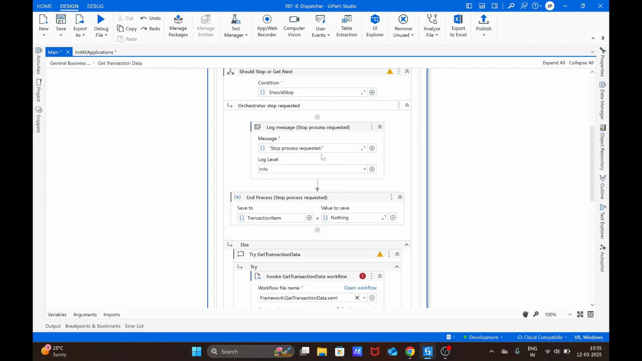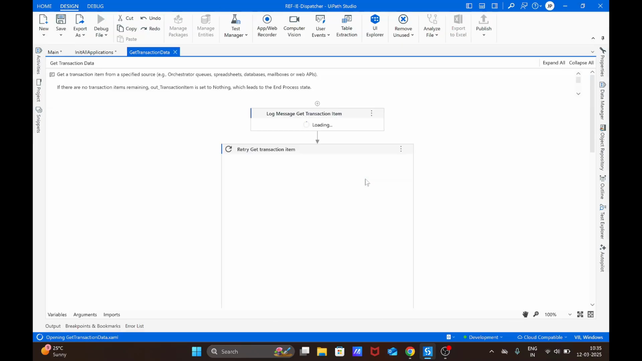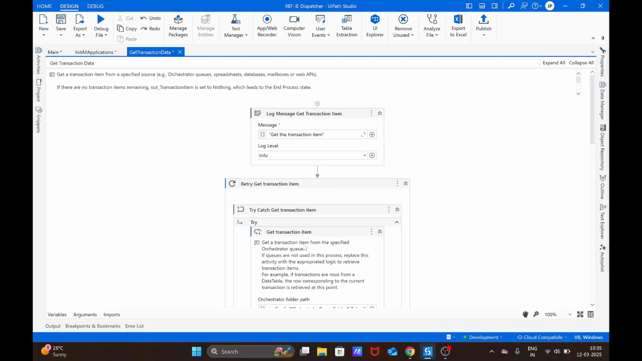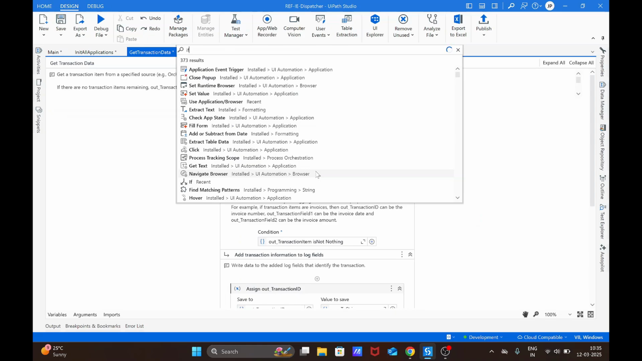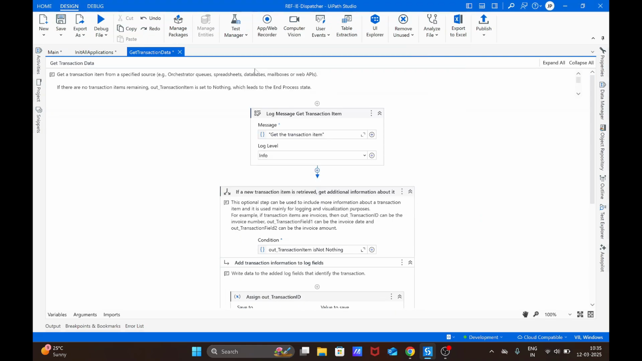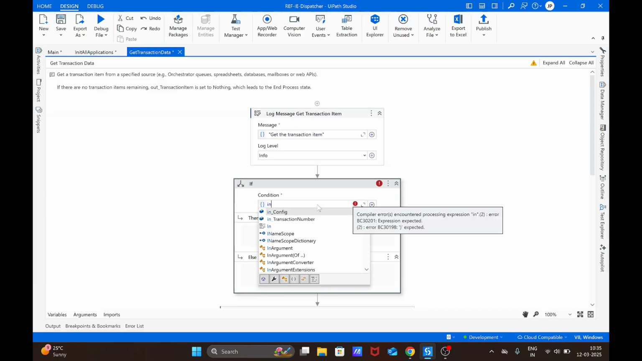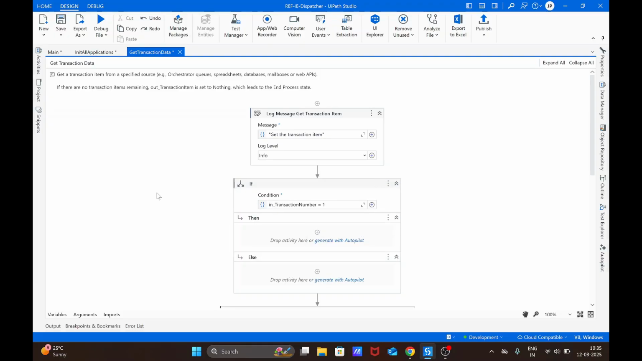Then I'll go inside the get transaction workflow. I'll delete this get transaction item workflow because we don't need it. I'll delete it here, and I'll add two if conditions. One will be: transaction number equals 1. When the transaction number equals 1, then only the